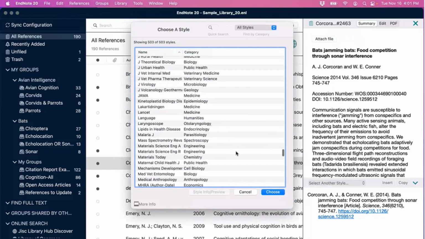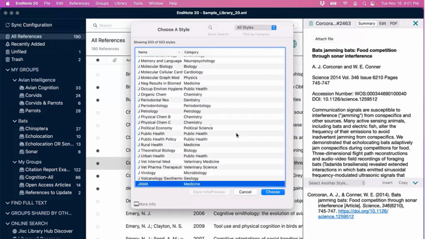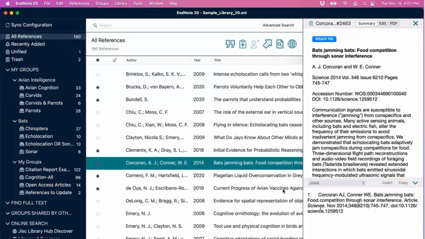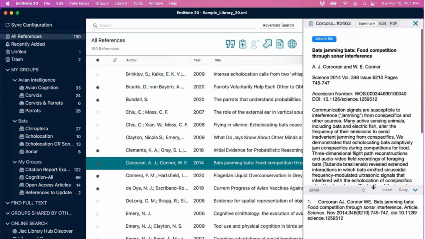Just a quick example here, we'll go ahead and type a couple of letters. I've just found the JAMA style. If I go ahead and press Choose, we see that the preview updates accordingly. And again, this is a great way to spot potential data entry issues before you start citing in Word. You might spot a typo in an author name, maybe a stray carriage return that was pasted into a library record, and you would be able to address that and make the fix before you start citing in a research project.